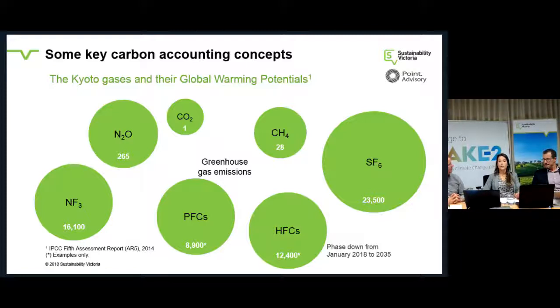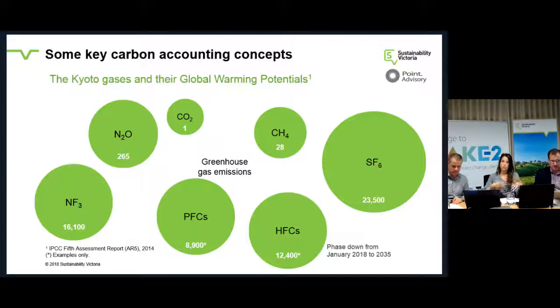Then we have as well in that slide those numbers in white, which are the global warming potentials of each of those gases. So those numbers reflect what the warming effect of each of those gases is in the atmosphere relative to carbon dioxide. So carbon dioxide is the most prevalent gas in the atmosphere. That's why we take it as a reference. And that's why the global warming potential of carbon dioxide is 1, and the other global warming potentials are relative to carbon dioxide. So those global warming potentials are determined by the Intergovernmental Panel on Climate Change, IPCC, and they